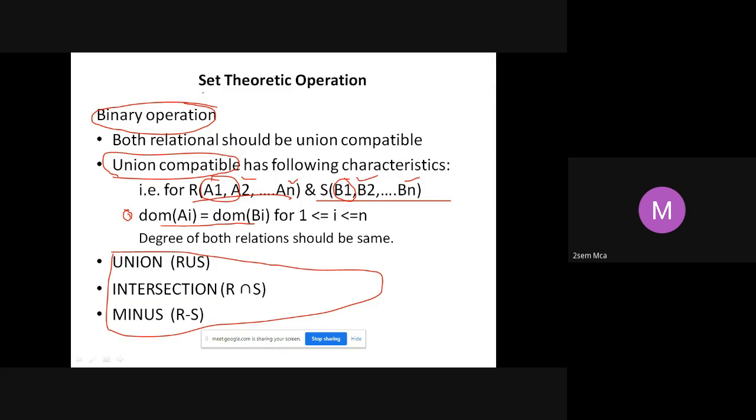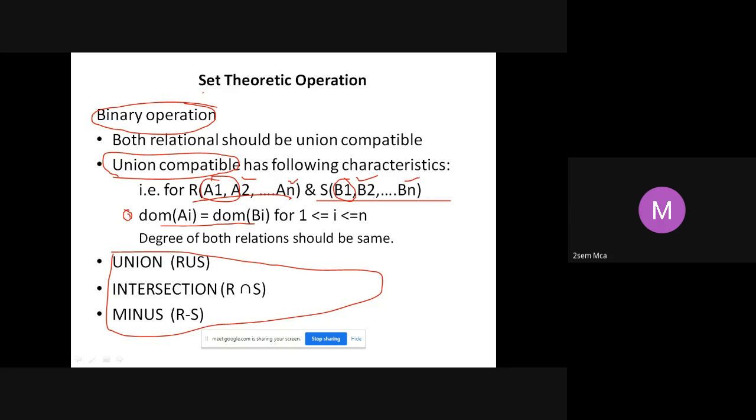Domain means what here now? The allowed values. I have already told you, domain of an attribute means the set of the permitted values for that attribute. What are the values that are allowed for that particular attribute, that is what you call domain.